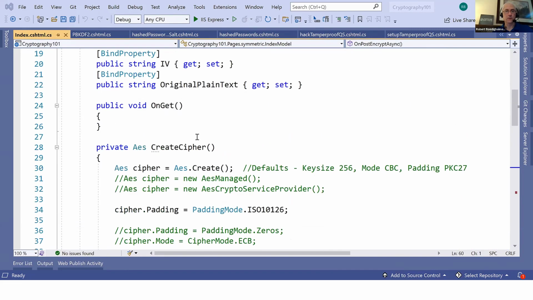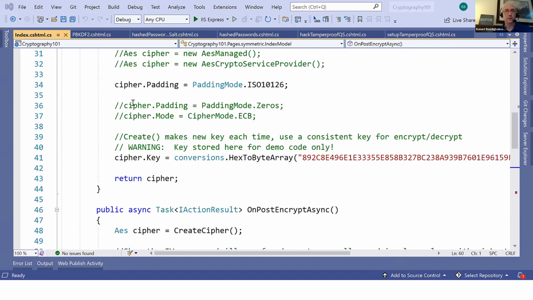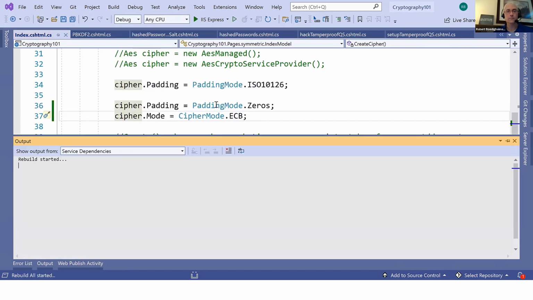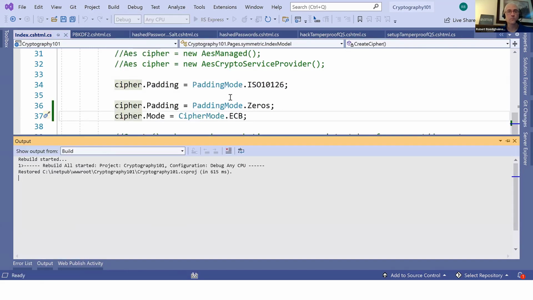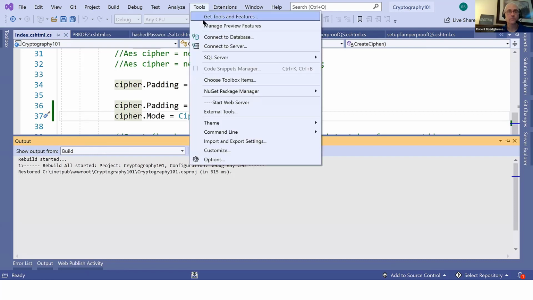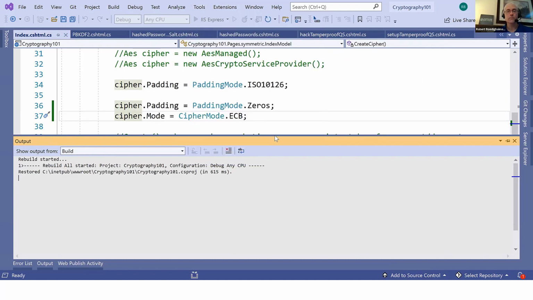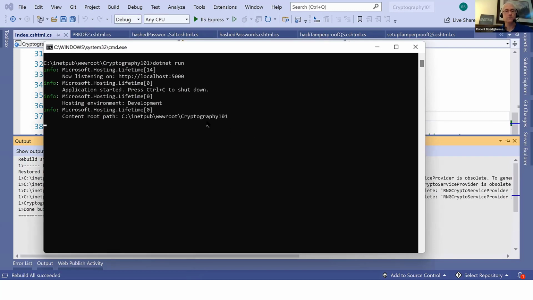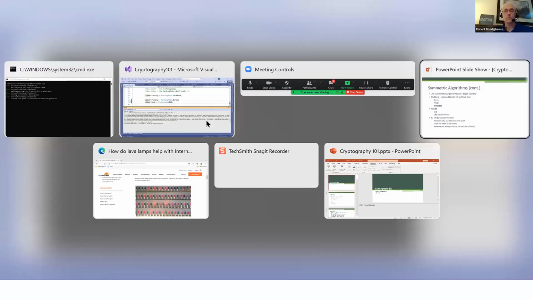In this case, I'm going to switch this to be zeros and use ECB mode, which we talked about, and why that's not a great idea. And I'll kick off my web server here, and when I go recreate this and make my request again,